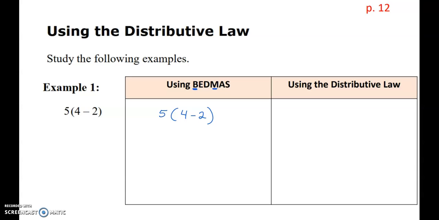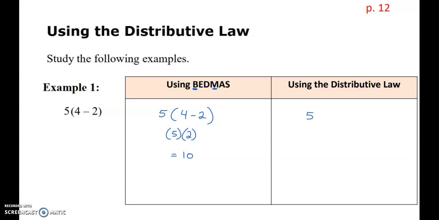So we're going to solve what's in the brackets first. 4 minus 2 is 2, and that's going to be multiplied to 5. So the answer is 10. But there's a second way that we can solve this and get the same result, and that's called the distributive